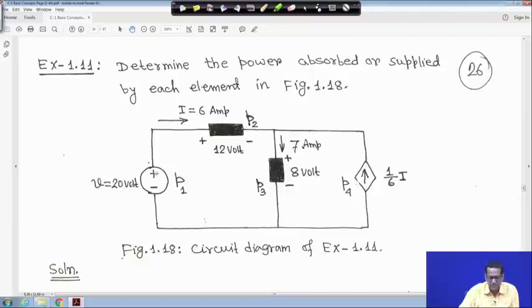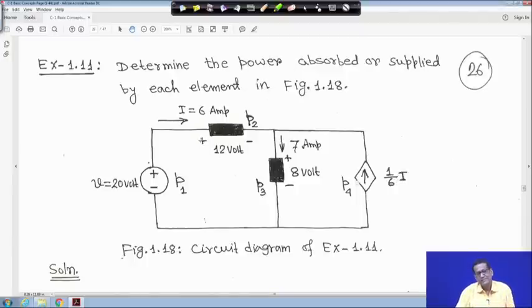Here also the voltage source polarity, plus and minus, has been marked. And the current is shown upward, and this current source is showing 1 upon 6 I. That means if I is equal to 6 ampere here, if you put I is equal to 6 here, it will actually be 1 ampere. Now,